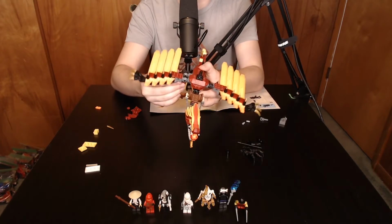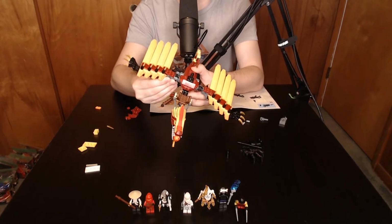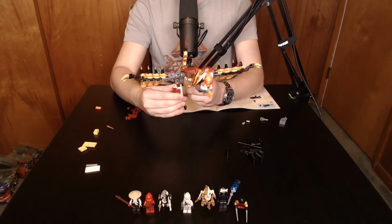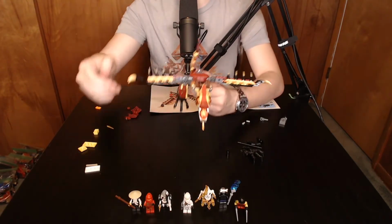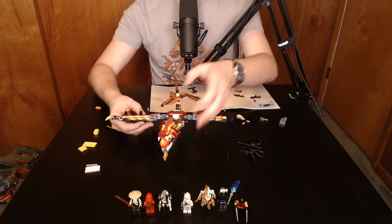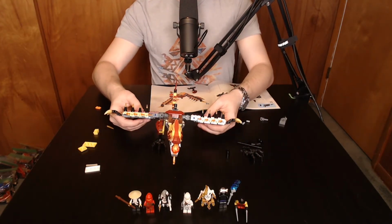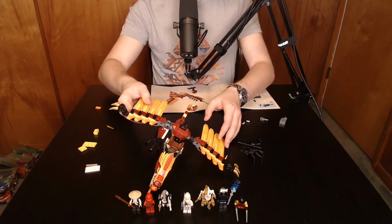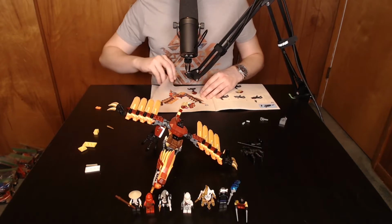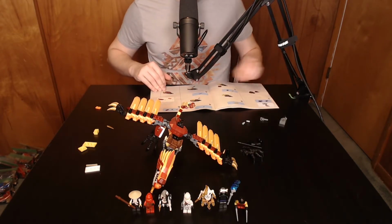The legs and the wings are on these pivot points, which I don't believe the ice dragon had, but it's been a while since I built that. I don't quite remember. These pivot points are just there, and they're a bit rigid, but it's more so supposed to be kept in one position as a Lego